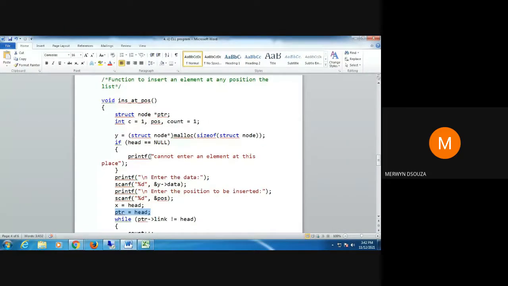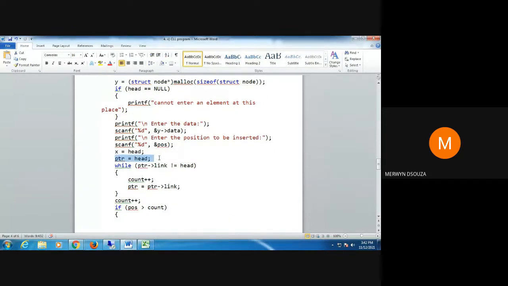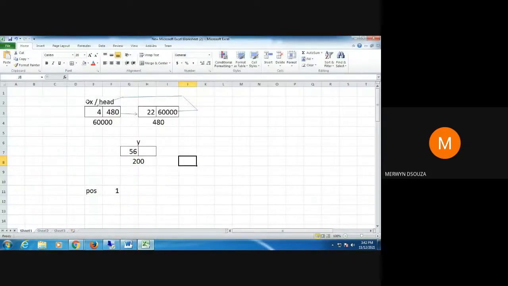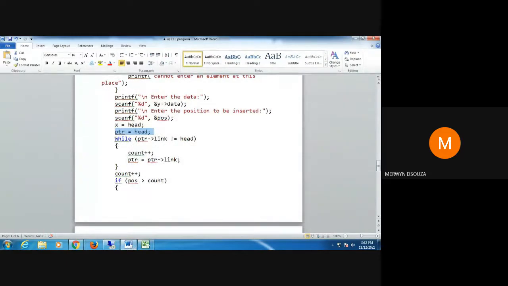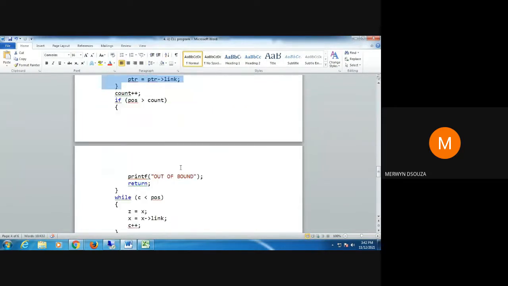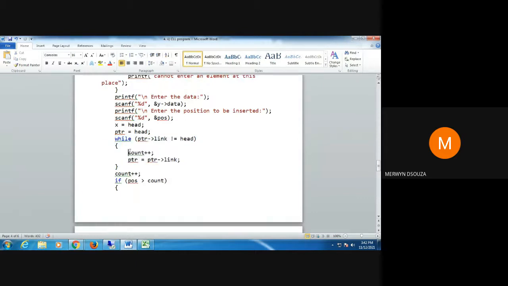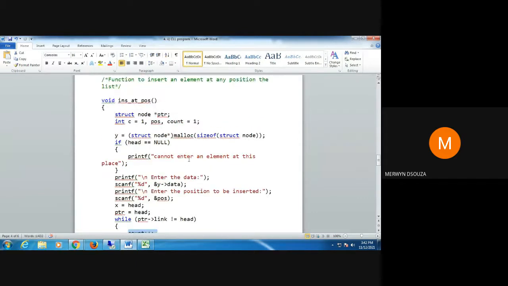Next, I have declared one more pointer here, PTR. I want that also to be pointing to the first node. So now I have 3 pointers here: PTR, x and head. Now I'm checking whether the pointer arrow link is equal to head or not. If it's not equal to head, then I'm incrementing the value of count. Initially, I made the value of count equal to 1.